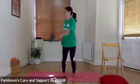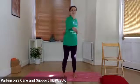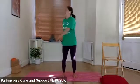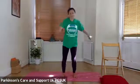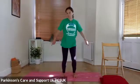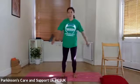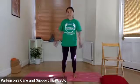And then just notice what's going on in the breath. So if you're forgetting the breath, can you take a big inhale through the nose? And then exhale out the mouth. Breathing in and breathing out. And then slowly start to slow down your velocity until you eventually